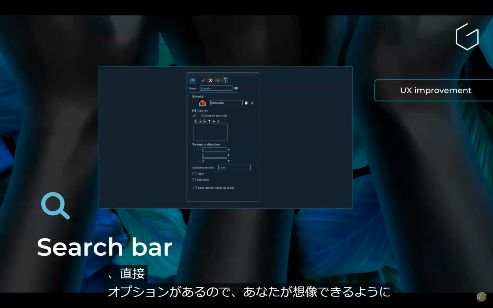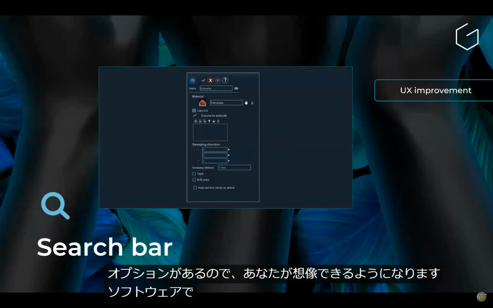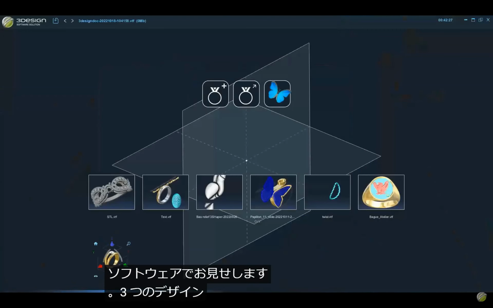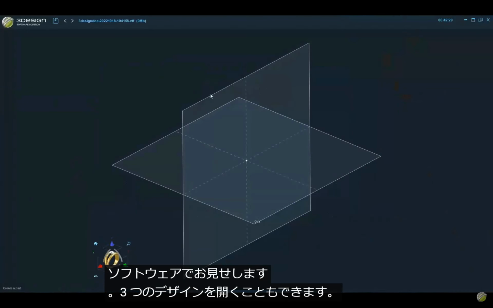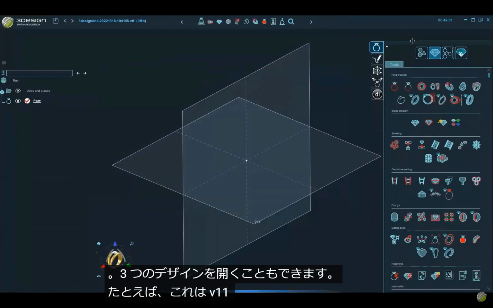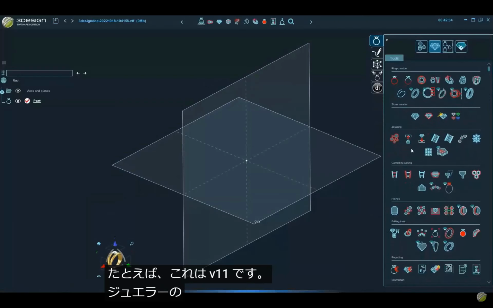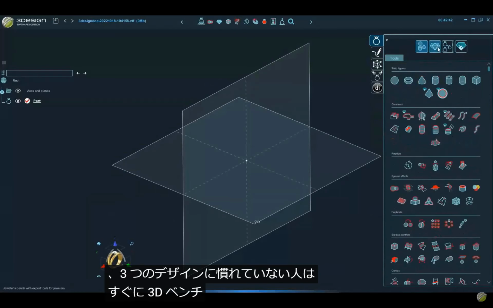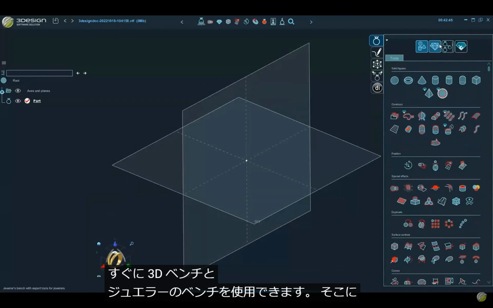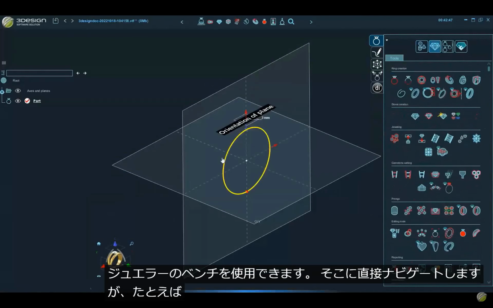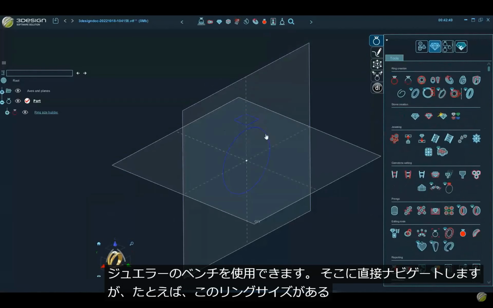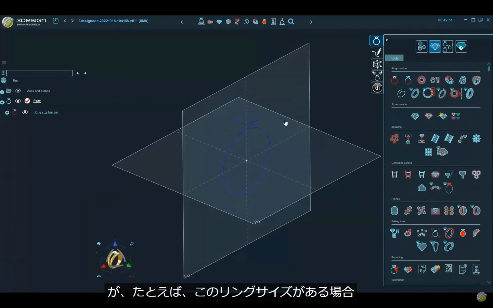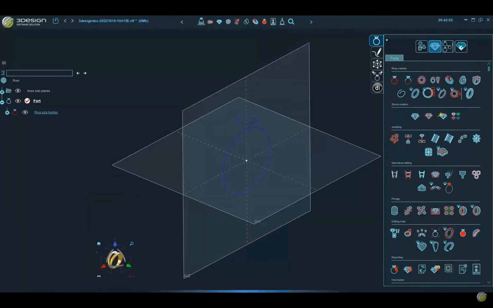So we can imagine that you have, let me show you in the software. I can open also 3Design. So this is the V11. For example, as I said, you are at the jeweler's bench, so people who are not familiar with 3Design quickly, you have 3D bench and the jeweler bench. You can navigate directly there. But if I am in, for example, I have this ring size, I want to have,